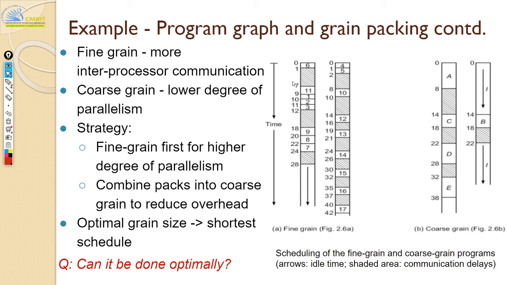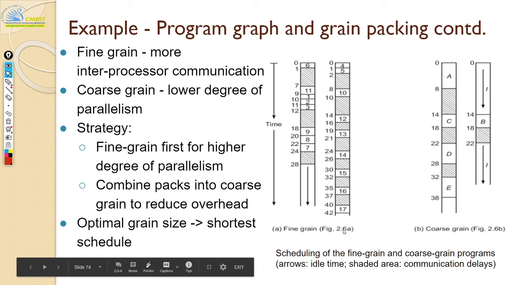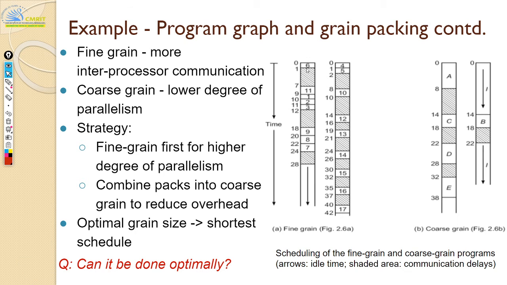If you take this figure, this is the fine grain schedule. See what I mean? Here you have chosen node 6 and node 4 to run in parallel. This is your processing element 1, and this is your processing element 2. You are assuming two processing elements, and in the first processing element you are giving 6. You are not doing 1 and 2. 1 and 2 come only here, and we are doing 6 and 4 here. How to come up with the schedule, we'll talk about that.